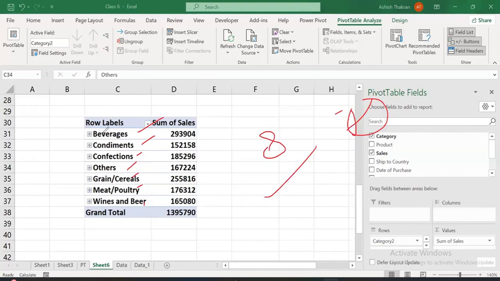Now, if you have multiple categories which are having lower sales numbers, you can combine all of these into a single category. Right? This is how you can reduce the number of categories. This is one thing. Now, second thing is,